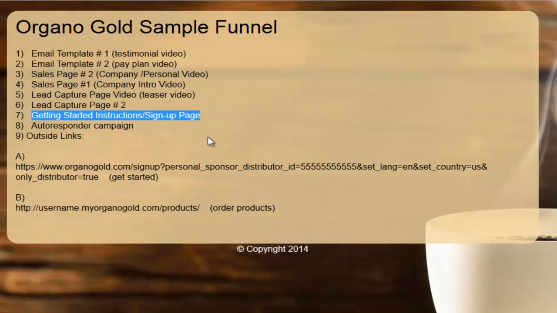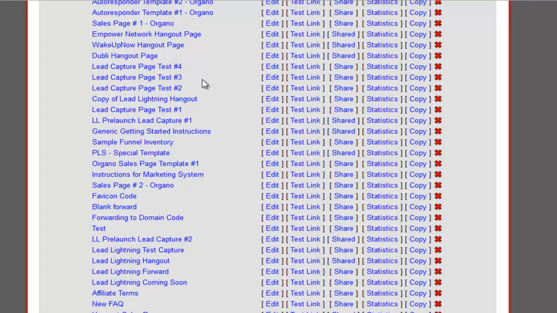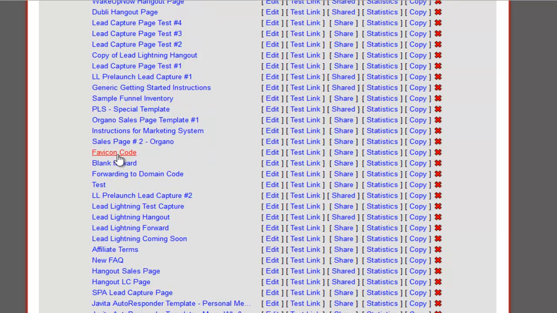So in this video, I'm going to create the autoresponder campaign, and I'm also going to create at least one of the two lead capture pages. So the first thing I want to do is go over to the website section and make an update on one of the buttons, because I was looking this over and here we are right here, sales page number 2,